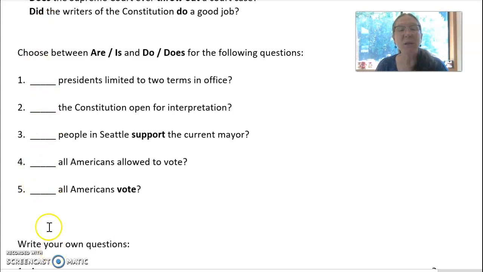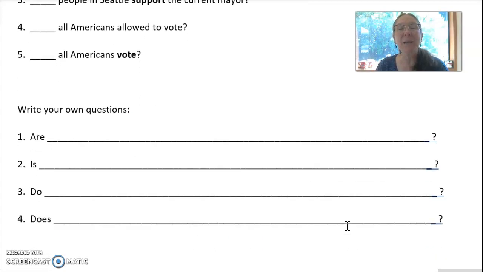Which word goes into these 5 blanks? And then when you're done with that, I want you to take 10 minutes or maybe 15 minutes, and I want you to write your own questions, starting with are, is, do, and does. Okay, and check to see for the do or does that you have a verb in the base form somewhere